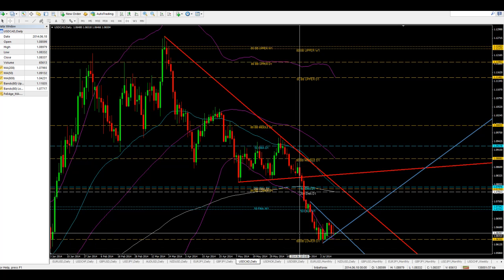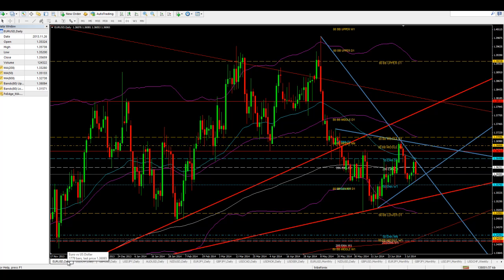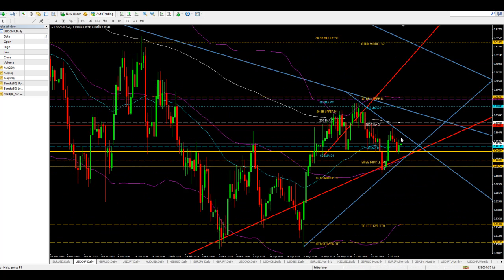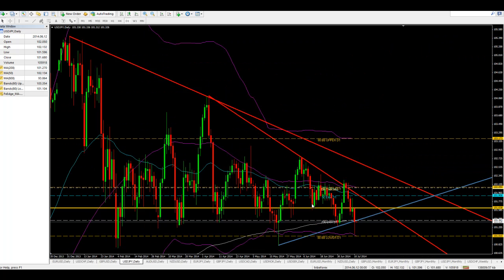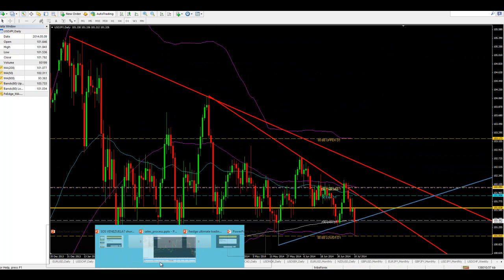And that's it, guys. So I'm going to look again for a sell down to 135.90 on the euro dollar, bounce off 135.90. I'm looking for price to move up. Dollar Swiss, I'm looking for a buy, potentially up to 0.8950, and then sell off of that area. Those are areas of consolidation that we're looking at. Consolidation again on the pound dollar, 1.7100 for a buy, 1.7166 for a sell. Dollar yen, I'm going to look for a sell off of 101.36.